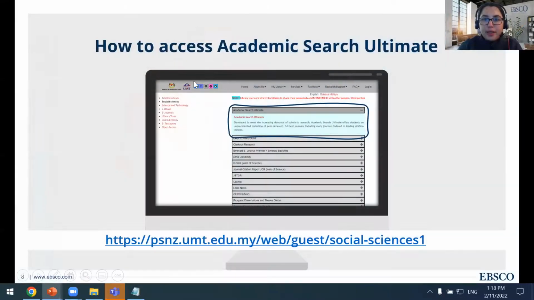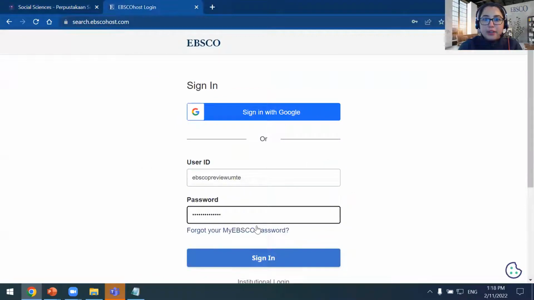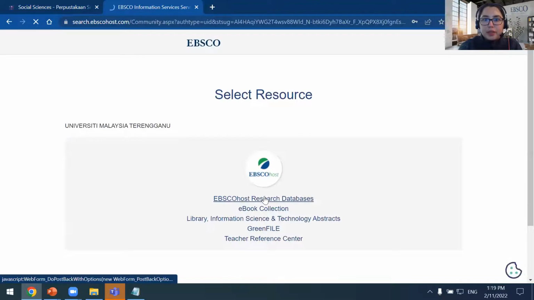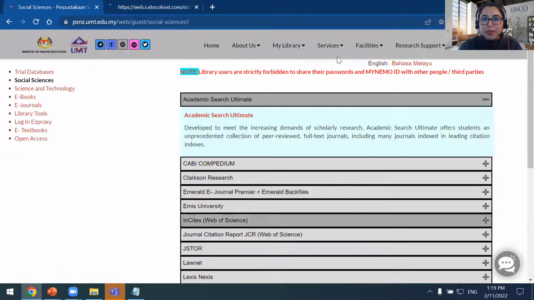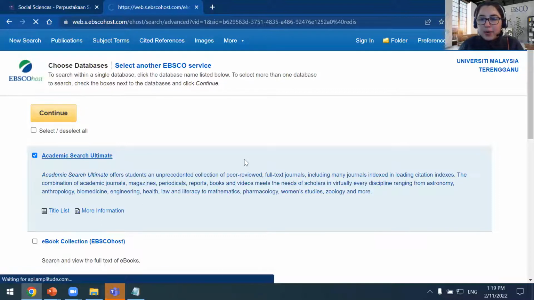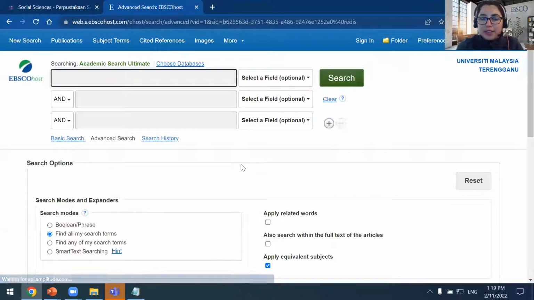So if you need to see that instruction again, the Academic Search Ultimate page, I've given a direct link in this slide that I will be sharing after the session. So I'm just going to go and log in to Academic Search Ultimate. So I'll just go in now. So when you log in, it will be a different process. If you log in on campus, you will go straight through. If you are off campus, then the recommendation would be for you to log into your Easy Proxy so that you can have access remotely. But I'm just going through the way that I can get through as a trainer just to demonstrate today.